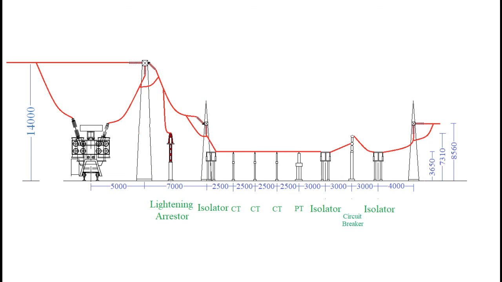When the bus reaches 3.65 meters of height, the buses are connected to two isolators. The right side isolator is followed by a circuit breaker that is naturally of 33 kV rating. After this circuit breaker, one more isolator is provided for circuit breaker maintenance. Now we may see three current transformers and one potential transformer between these last two isolators. We may note that the sizes of all 33 kV equipment are smaller and their ground clearances and clearances between phases are also small.